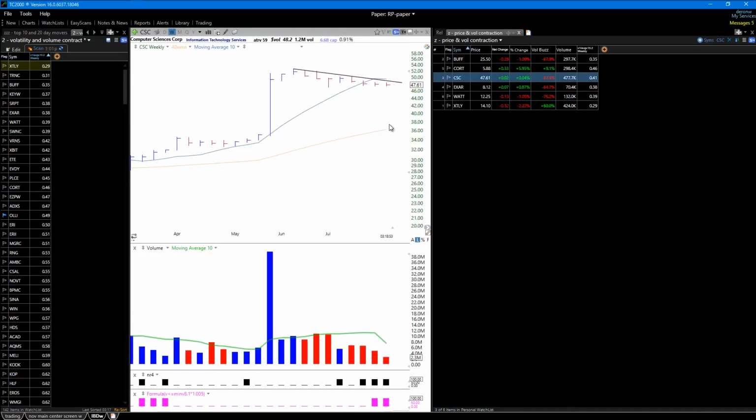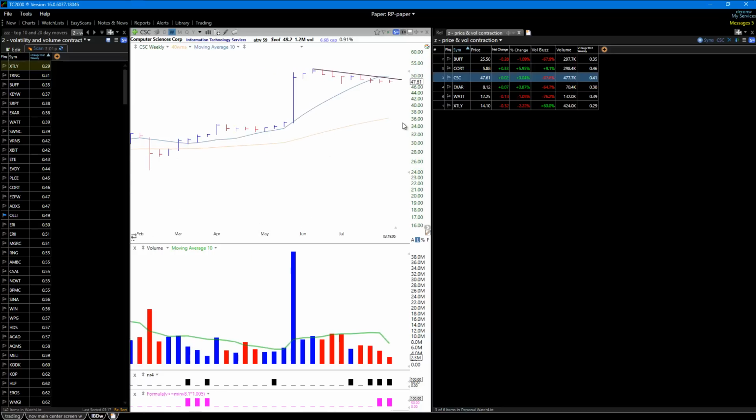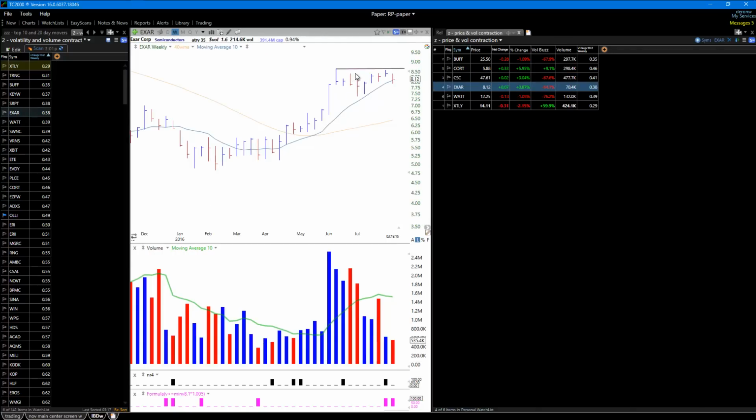CSC is pulling back, and again, this scan isn't just to find stocks that are going to move out right away. It's to find stocks that could move out within the next week or next 2 to 3 weeks. So you just have to keep an eye on these stocks. CSC would be in play above the 3-week high and back through the 10-week moving average. EXAR, very nice price action here. There was a drop in volatility at the highs, but notice how the volume has come down quite a bit as it goes sideways. Probably could benefit from another week sideways here, but